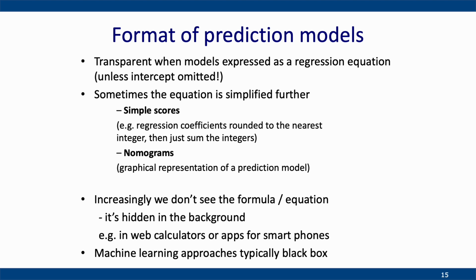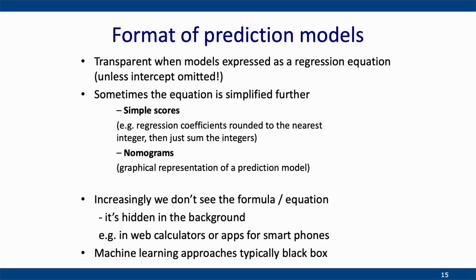Like I said, the format of prediction models depends on how it was created. Now, it's very transparent and easy to provide an equation when it's based on a regression equation. So usually, if you've got a regression equation, people should be reporting that in full. And Gary Collins has often highlighted the issues that people don't tend to give even these simple equations in full, and hence why he and Carl Moons and others generated the TRIPOD reporting guidelines.